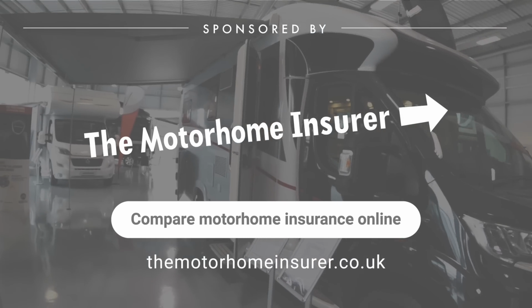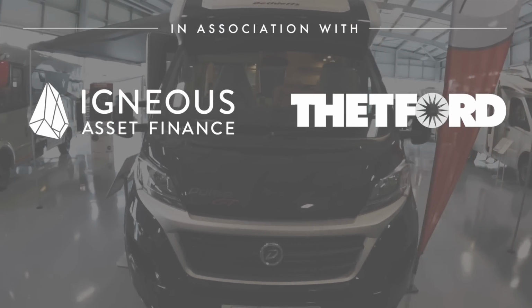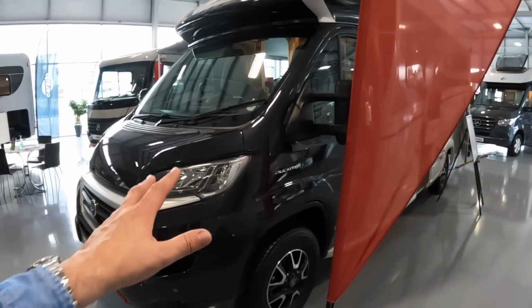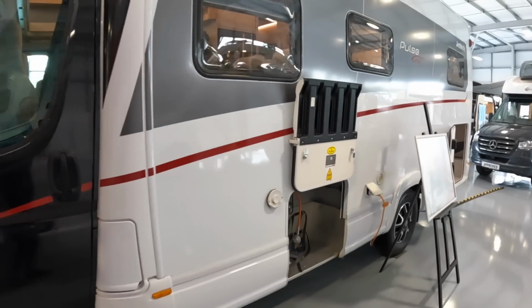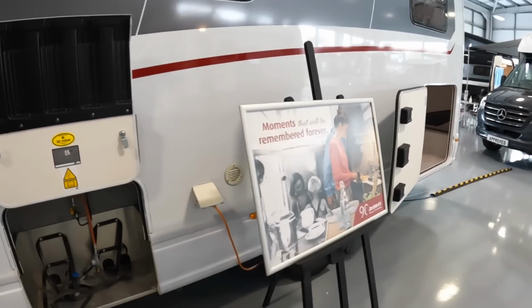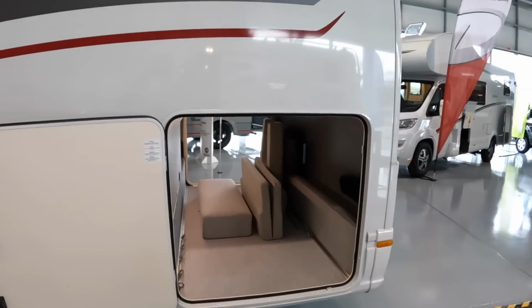We'll take a wander around this one. It's a 7.4 metre vehicle. This one's actually 2 years old, although it's a current model. I have to say, it looks absolutely brand new. It's based on the Fiat Ducato, as most of these are. And if we wander down this side, then you've got things like the gas bottle storage, you've got the inlet for the mains power, and if we come around here, there is a garage at the back,